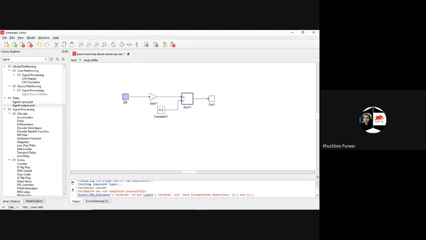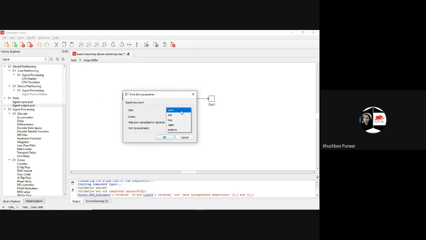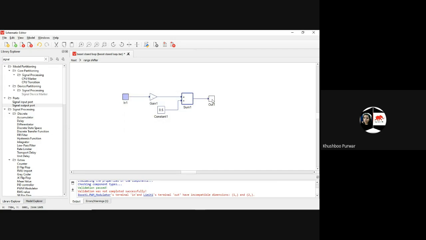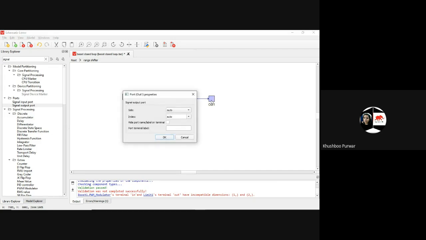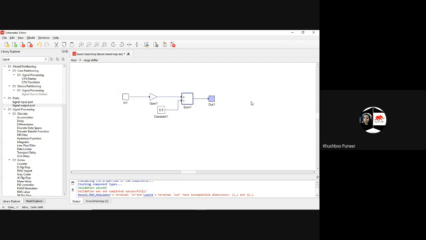So make it left, and this index you give as 1 in the range shifter subsystem. For the output, as it will be on the right side, make it right and 1. Then okay.